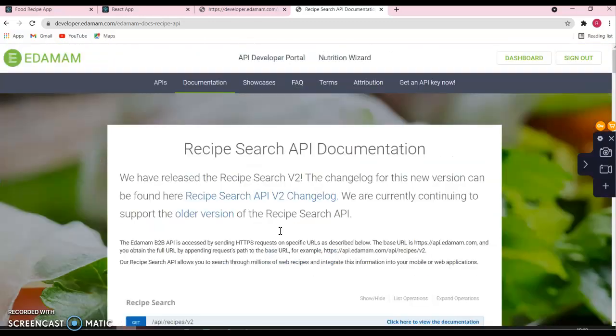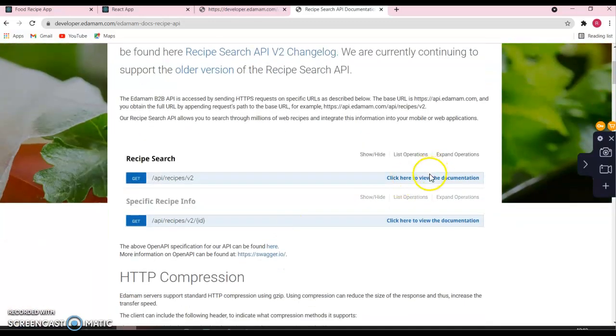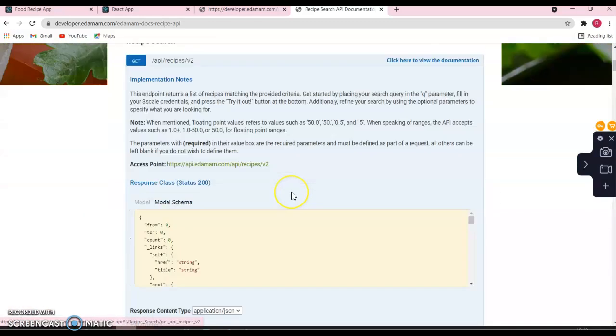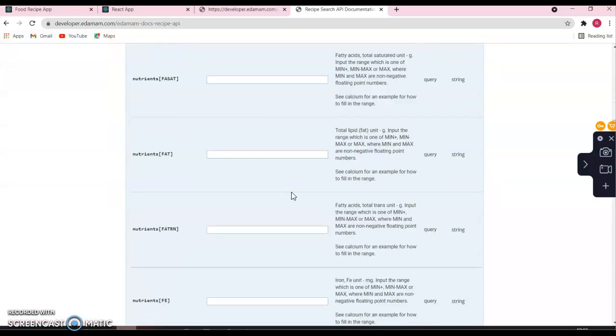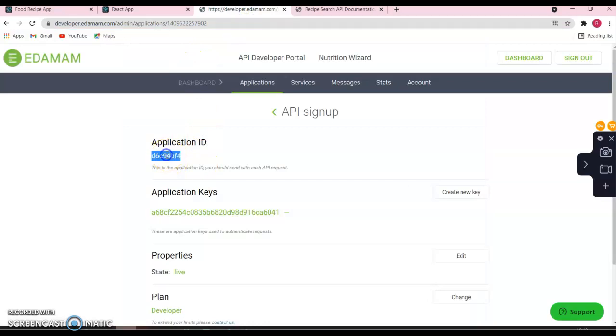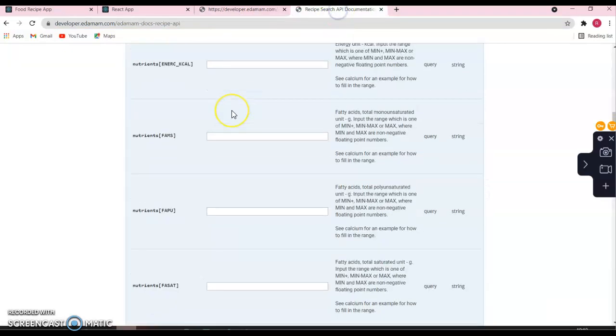So here I have seen the data, and if you see here recipes, and I have my application ID here.